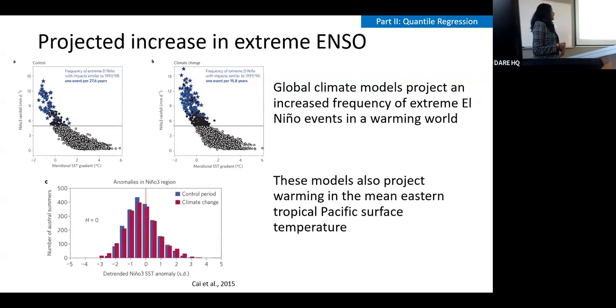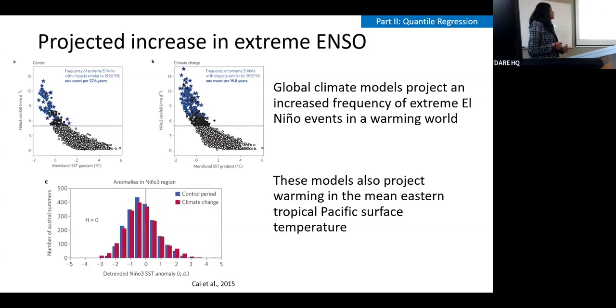Now, global climate models are, again, physical models of the nature that I described before, but for the full globe instead of just the Pacific. People have run these with simulated climate change, so simulated extra greenhouse gas forcing, so that we can see how the atmosphere and ocean respond to that. And that's how we have projections of how fast the Earth is going to warm under climate change.